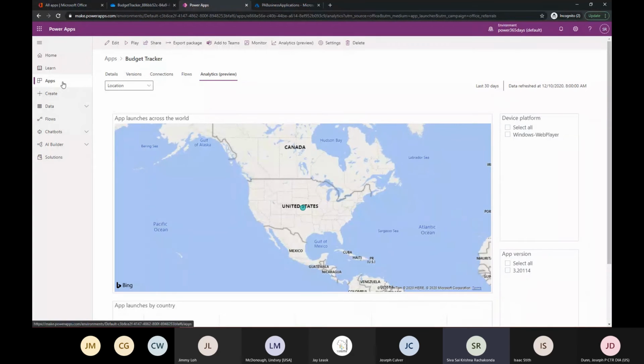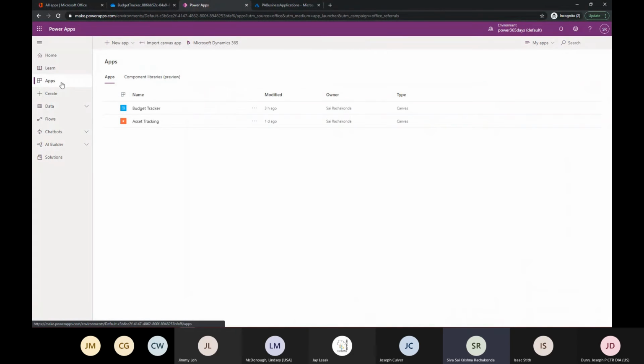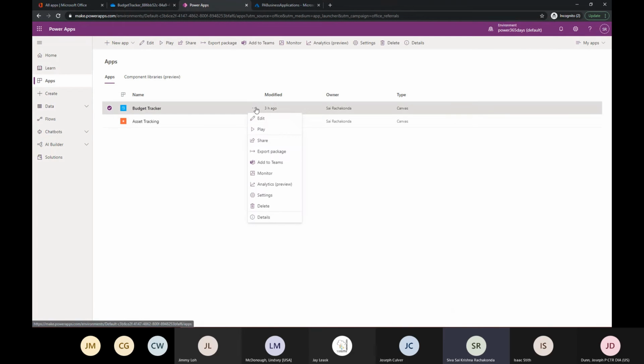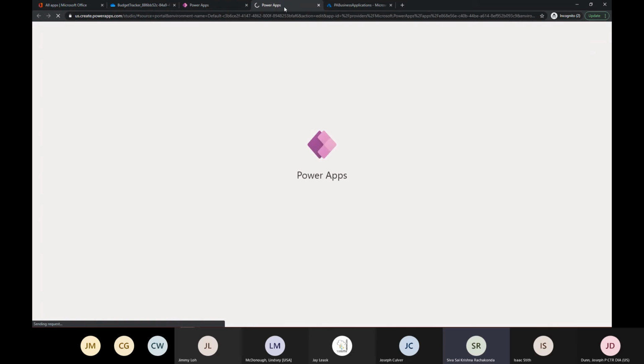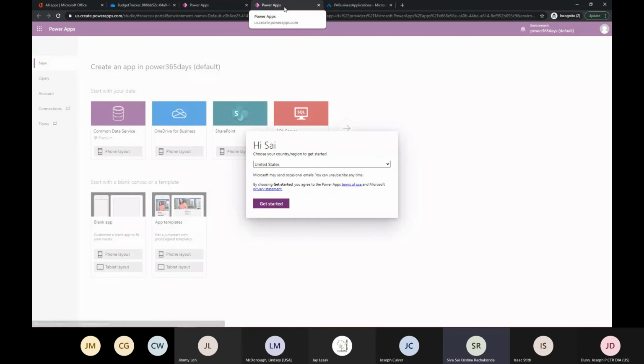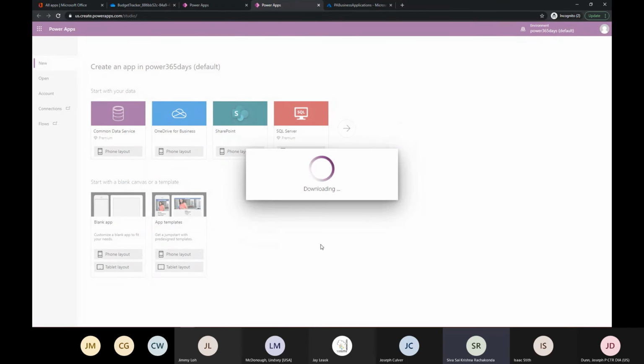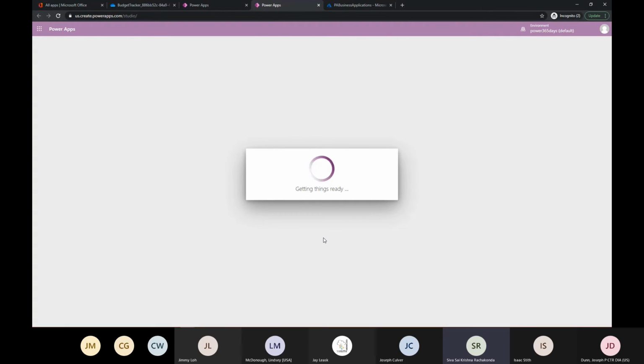Which application I want to monitor using Azure Insights, I just need to open that application and edit it. You need to be either owner or co-owner of this application to edit it. So once you edit it,